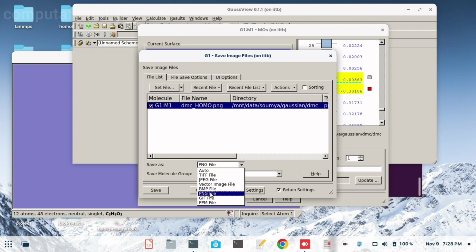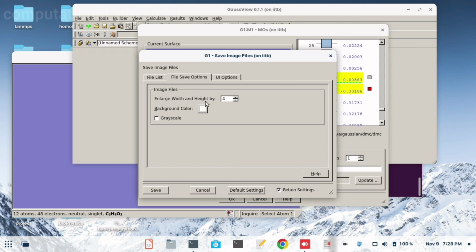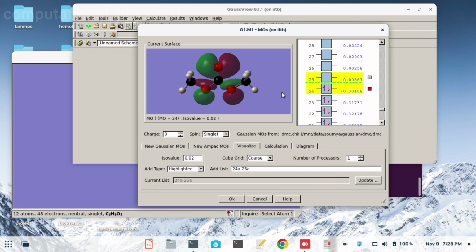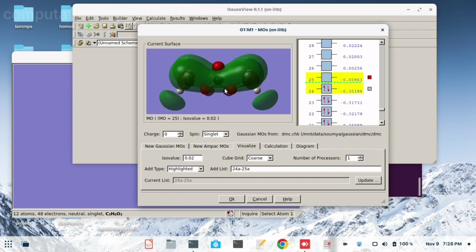I am giving it as PNG, and some other options are here like the width and the background color, whichever you want. This one is the background color, which is white. So now you can save it, okay, save. So now it's saved. And if you want to also save this LUMO one, you can do the same thing. You can change the name from HOMO to LUMO.